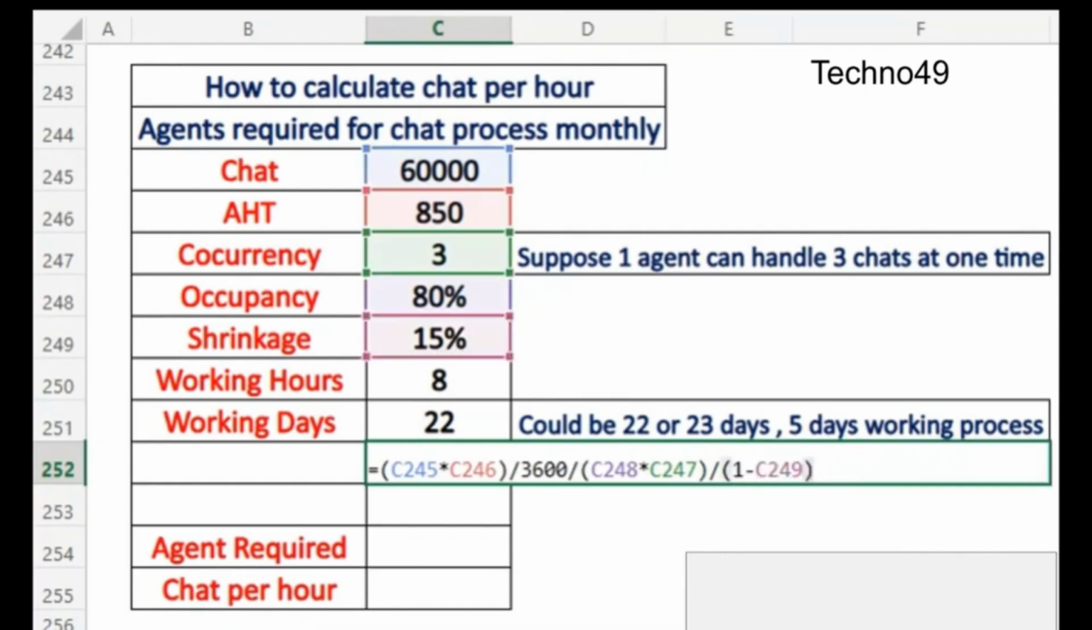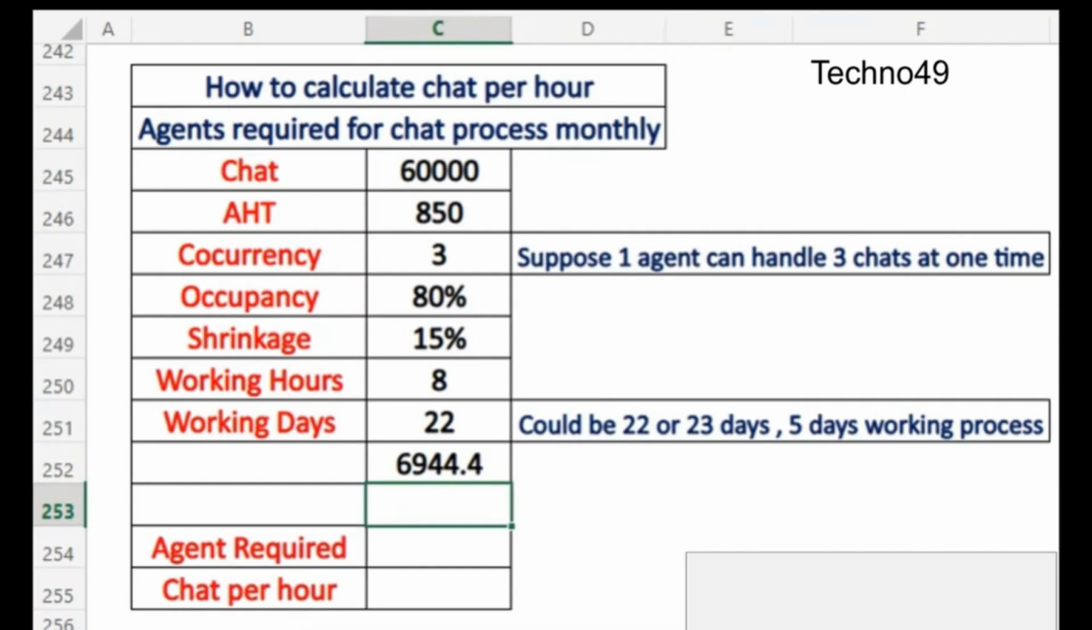The moment I hit enter, I will have some numbers coming up. So these are not the agents required. After that, we have to apply working days and working hours because we are calculating the number of agents required on a monthly basis. So this should be divided by 22 working days, 315.7. Now one agent's working hours is 8 hours in a day, so that would be divided by 8. So now you can see that I need 39.5 agents, so approximately 40 agents to handle 60,000 chats